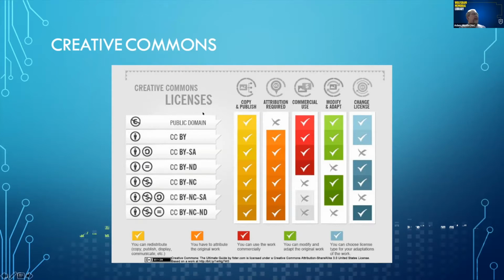The bottom line is that you have the right to release something into the public domain. Lots of government materials, lots of materials that might be older than January 1st, 1925. Those are freely usable and shareable. If you want to be credited for your work, you're going to have some sort of CC BY that applies to what you're releasing.